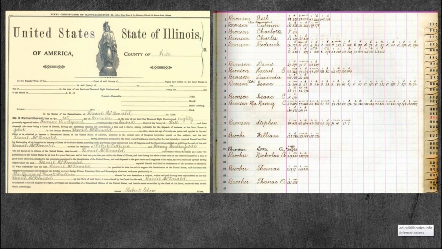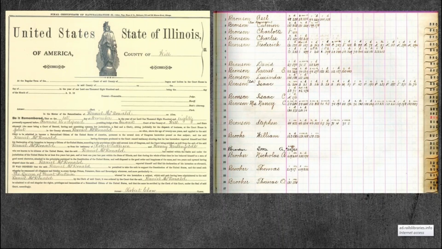As you see on the left there, here's just a very generic naturalization form. Before 1906, it was just a generic form like this that they filled in. So it would be, I, state your name, renounce allegiance to, fill in the blank. You don't start to get the really good family details about what ship they arrived on and who their next of kin is until after 1906. So before that time, you're going to get a form that looks pretty identical to this in the state of Illinois.